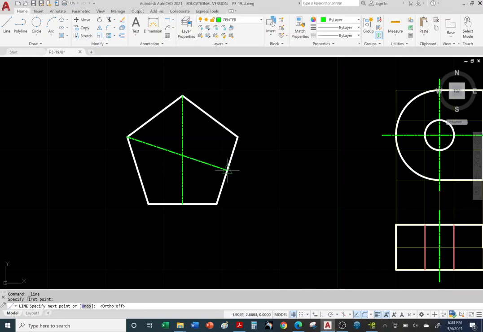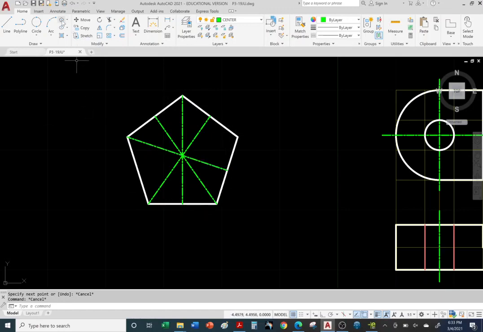So go to this midpoint from the vertex, so it's opposite leg, midpoint, and there it is. Now I know the center is right there, right? You can prove it to yourself by going from one vertex to its opposite leg, midpoint. There it is. And let's do the last one. Why not? Vertex, go to the opposite side, midpoint. There it is. All right, so I'm going to use that same center point to create